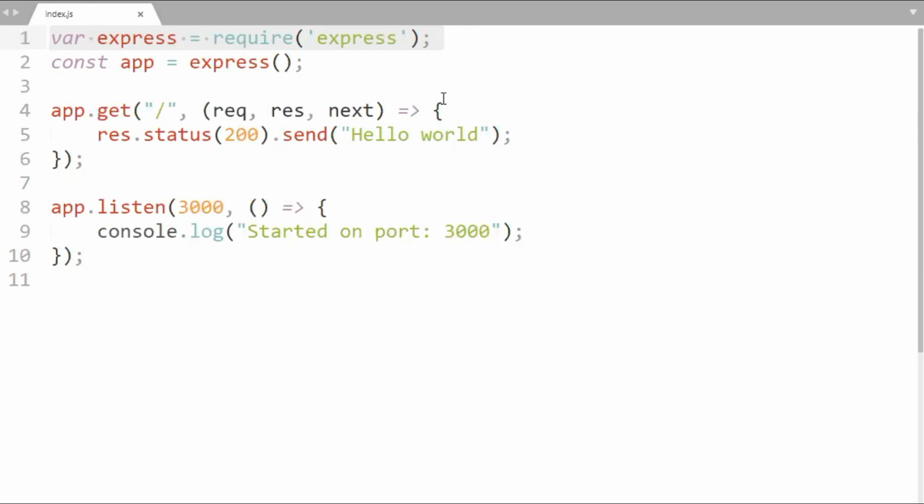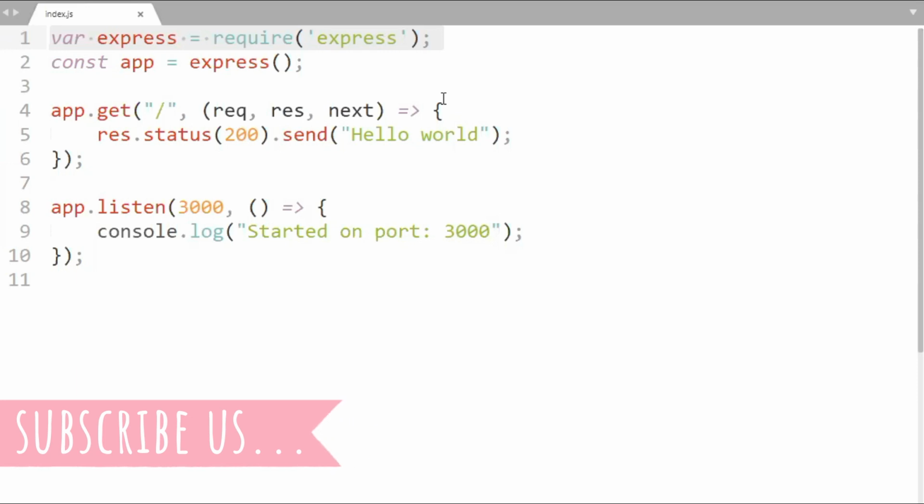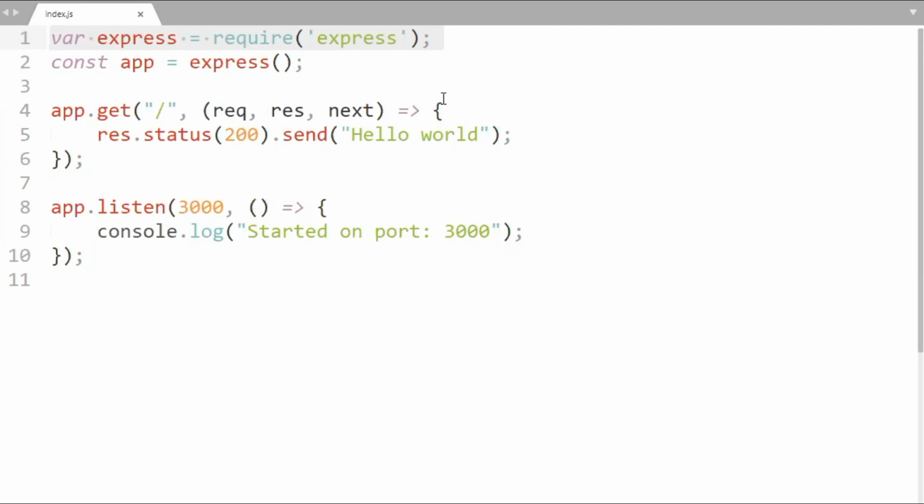This is a simple Node.js project. At line number 1, it imports the Express module. It creates an instance of Express so that we can create routes for the project. Then we have a get method with the / route. In its handler, we are returning hello world to the request originator. At last, we are making this application listen on port 3000. Let's create a new route /upload with the post method, where we will write our logic to upload the file.